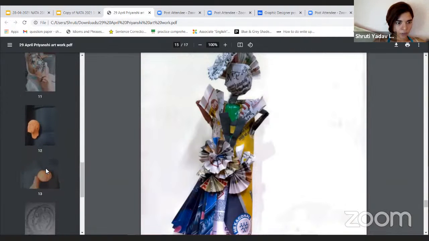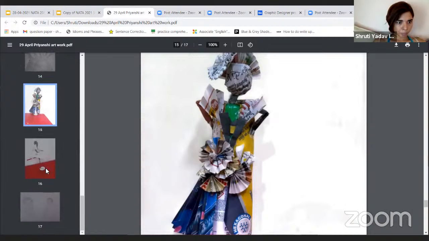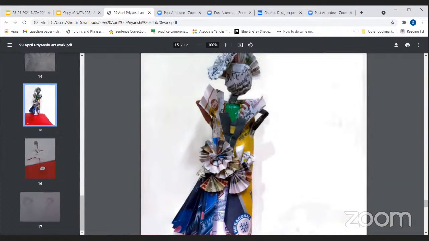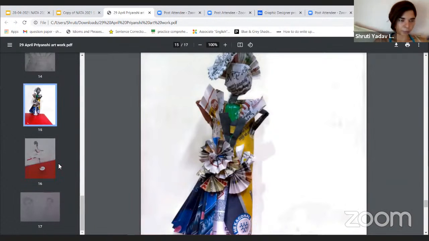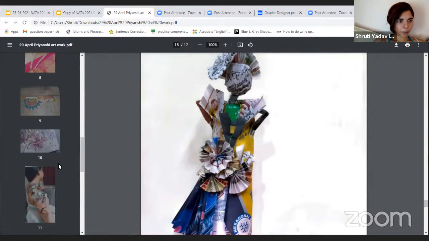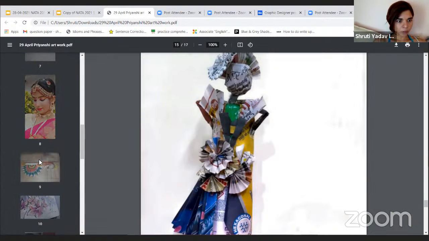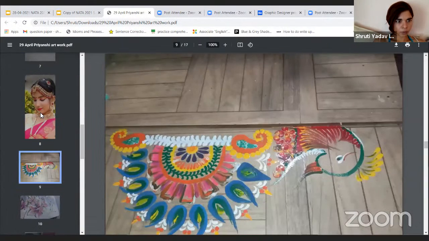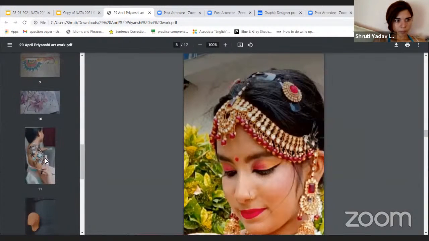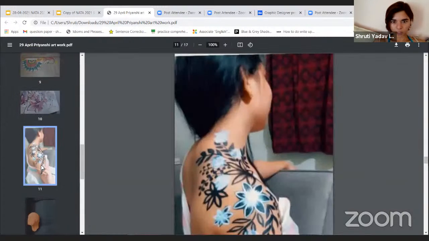Then in the 3D model section or the sculpture or the hobbies part, you'll give this one, these two, and this also you can give, right?